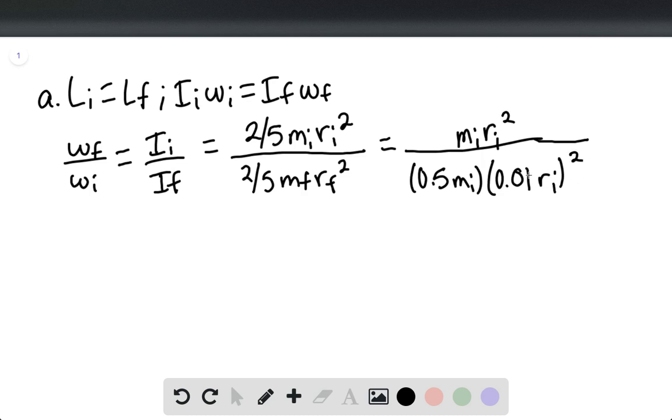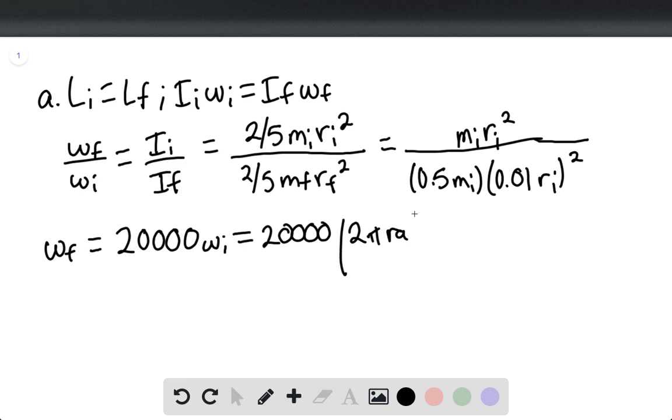And we find that omega final is going to be equal to 2 times 10 to the 4th. So 1, 2, 3, 4. And at this point, we can say that omega final is going to be equal to 20,000 omega initial, and this will equal 20,000